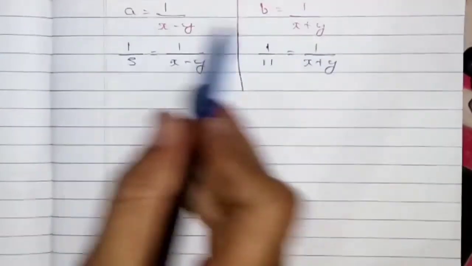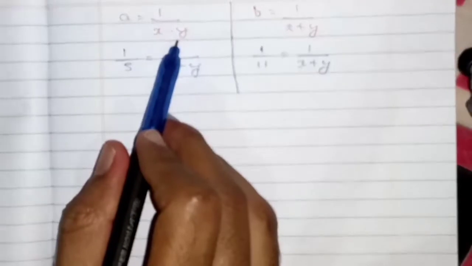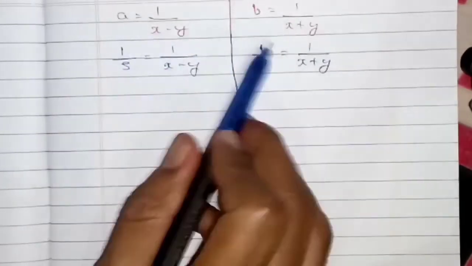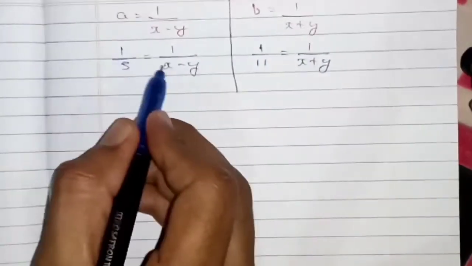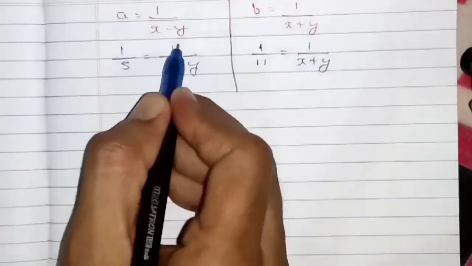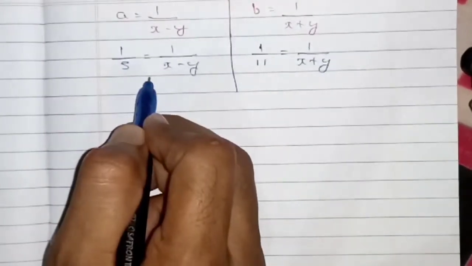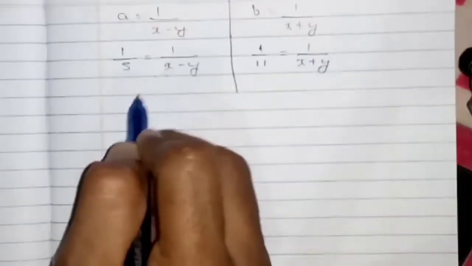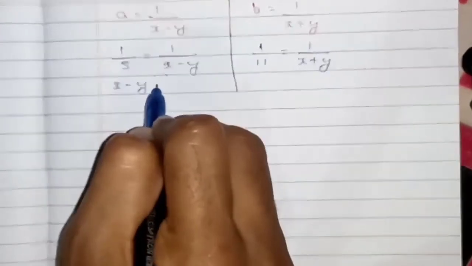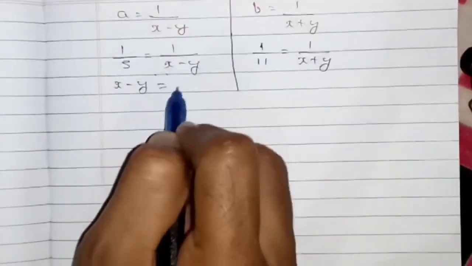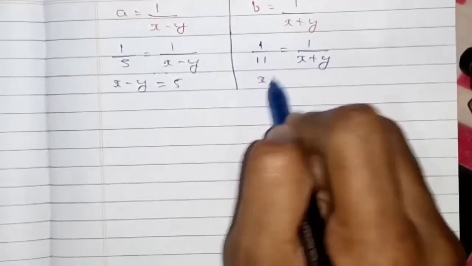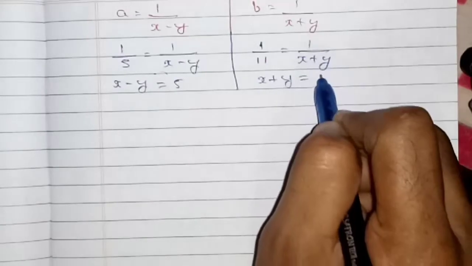Now I am applying the a value and b value here to find the value of x and y, children. Okay, now make a cross multiple. Here you need to multiple x minus y to this 1 and here you need to multiple 5 to this 1. So if you multiple by 1, the same number will come. So x minus y into 1 is nothing but x minus y only, that's equals to 5 ones are 5. Here also x plus y into 1 is nothing but x plus y is equals to 11 ones are 11,